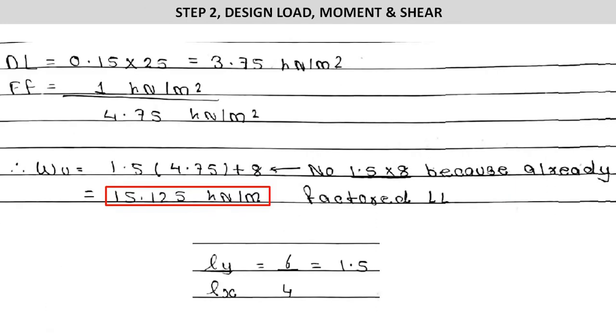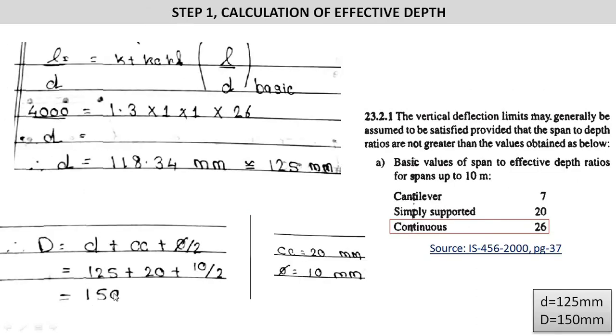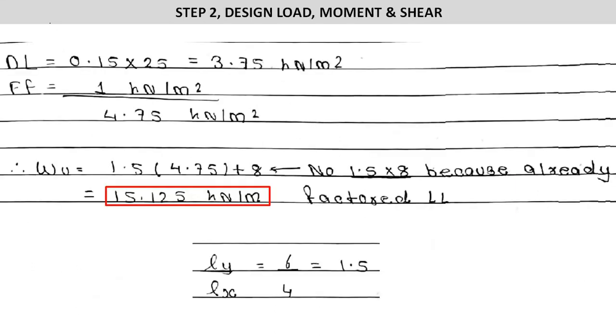So moving on to the second step, design load, moment and shear. First we have to find the dead load. Dead load is equal to the overall depth of the slab into density. The overall depth we have found is 150 mm. Converting into meters, 0.15 into density, 25 for the concrete, so we will get the dead load as